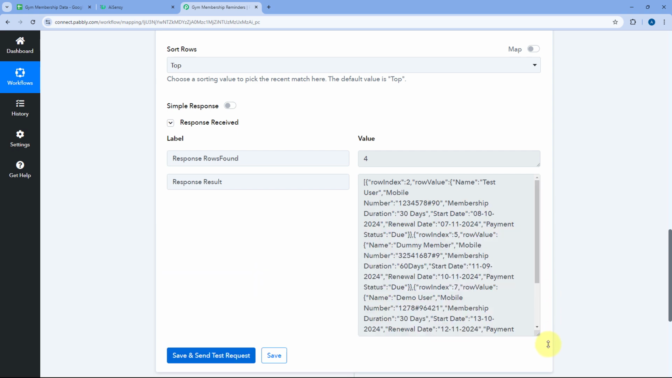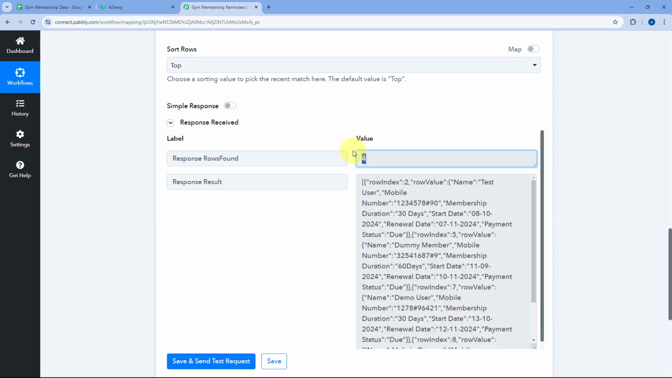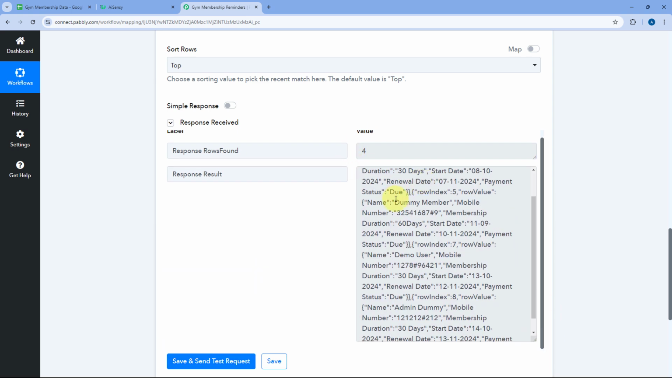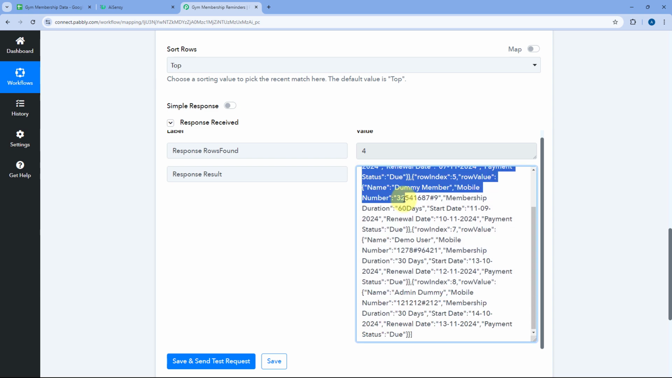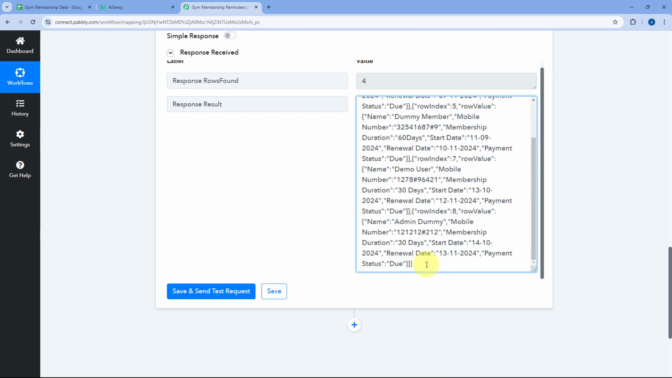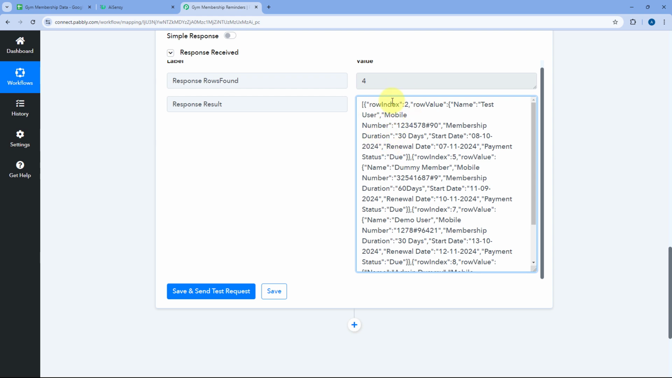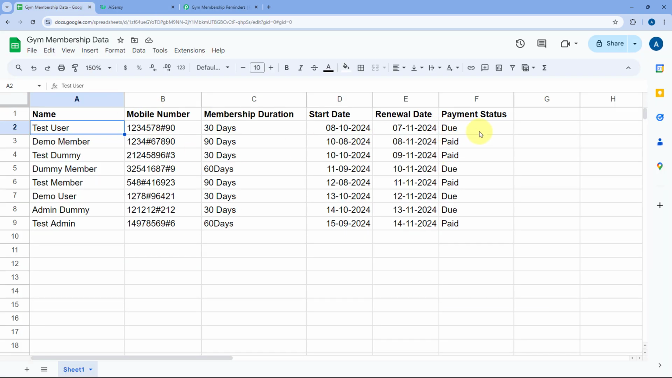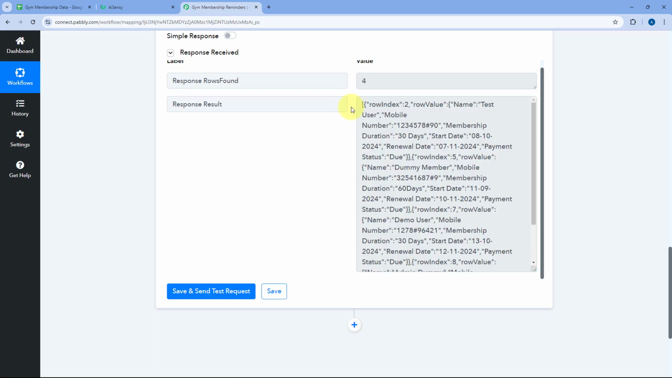And in this response, we have received the details, the data of 4 rows, basically of 4 members. And we have received this data in array format. This means collectively, we have received the details or the data of all the members whose payment status is due in our Google Sheet. So in this sheet, you can see here we have 4 members who has the payment status as due over here. You can see the details of the same 4 members is received inside Pabbly Connect in our workflow in this